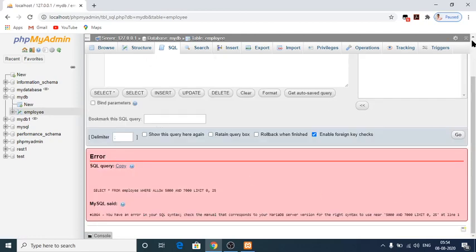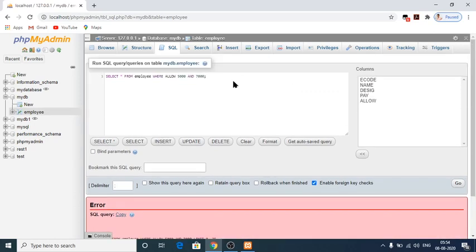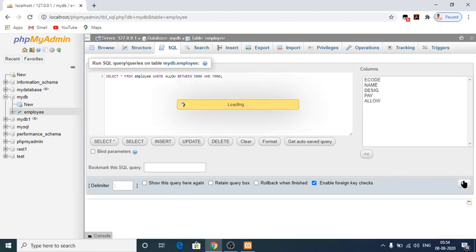A small mistake is there. So where allowance between, where allowance, here I forgot to use the BETWEEN keyword. Now let me execute this one.